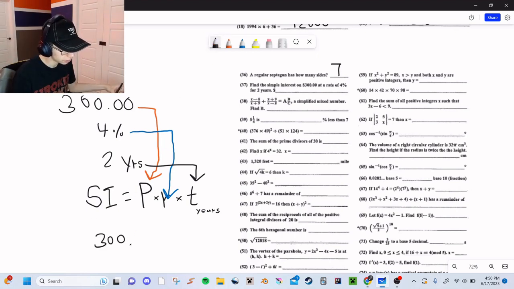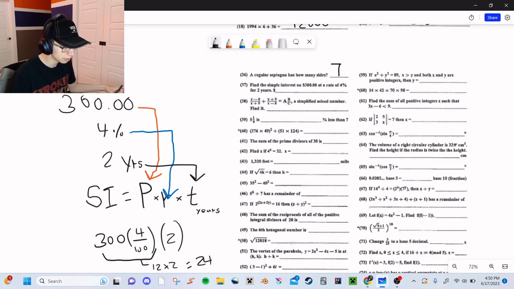So 300 times 4%, which is 4 over 100, times 2 years. Well, this right here, that's going to be 12 times 2, that is going to be